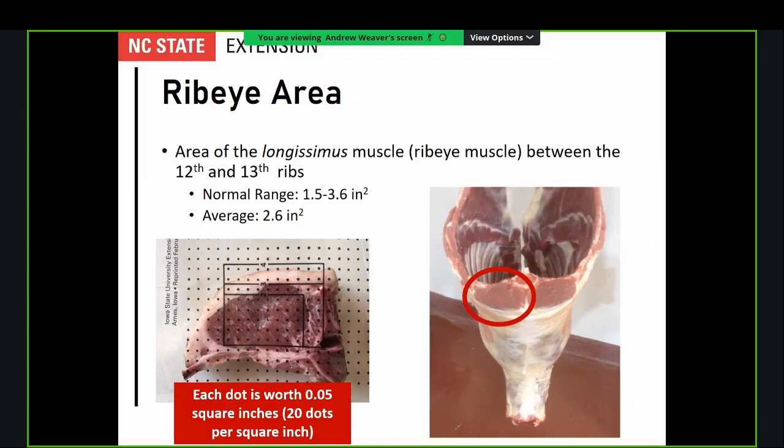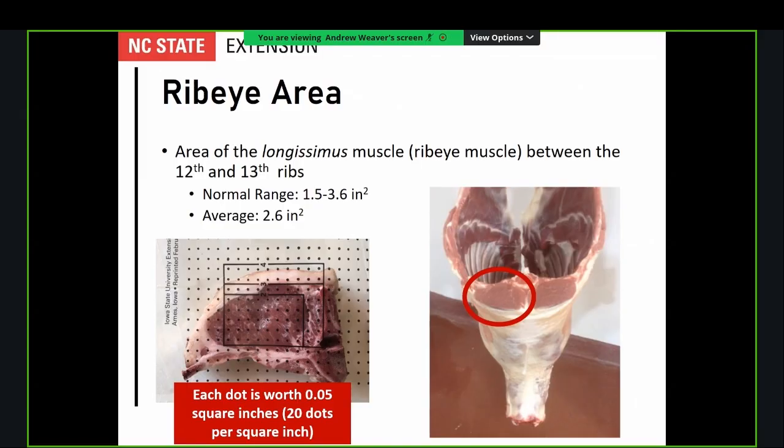We can do it from a research standpoint, but in a commercial large-scale lamb plant, they're not getting ribbed. And so while we can measure ribeye area and fat depth exactly in these smaller scale scenarios, in a large-scale lamb plant, that's not getting done. That can't be done because the lambs aren't ribbed. That interface is not opened up to where you can see and measure the ribeye area and the fat depth